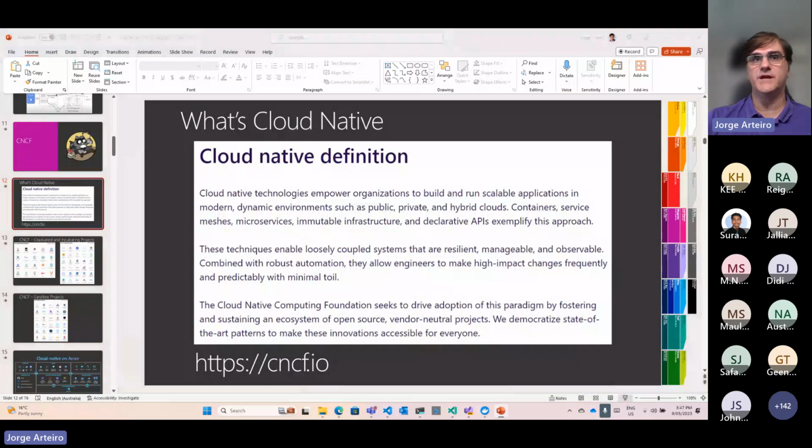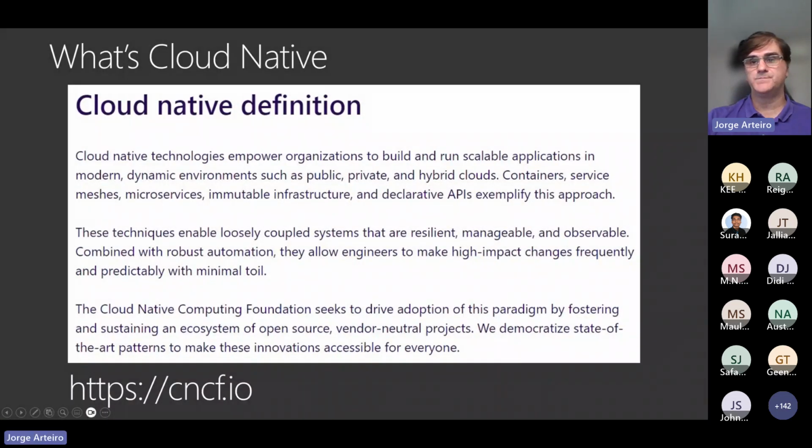It's called Cloud Native Compute Foundation, where all what we call the cloud native products or projects, open source projects, are part of. There are a lot of them, and that's the definition of cloud native: to build and scale applications in a modern, dynamic environment in public, private, hybrid clouds. Could be on premise, on the data center, on the public cloud like Azure, or in hybrid, in both, or even on the edge. Your Raspberry Pi that you have there, the ARM things, they can run that.